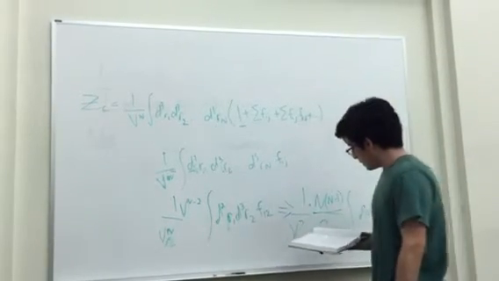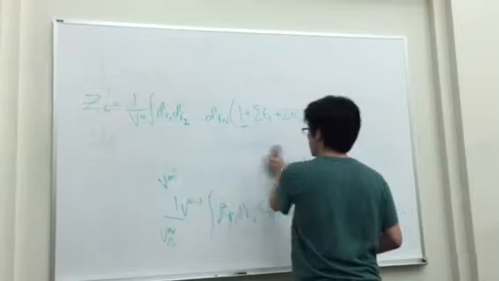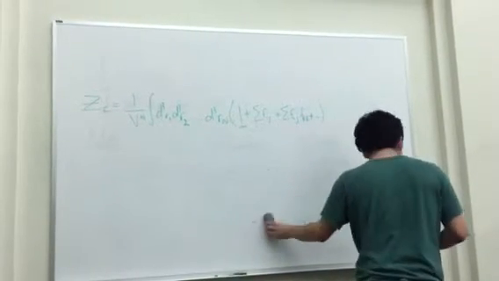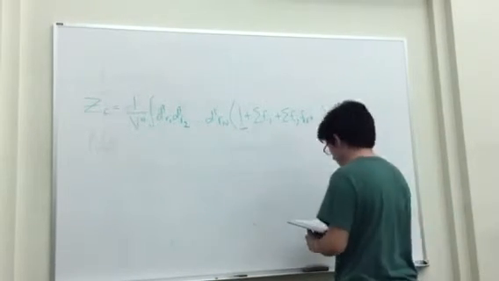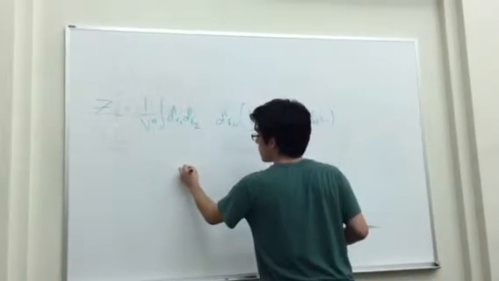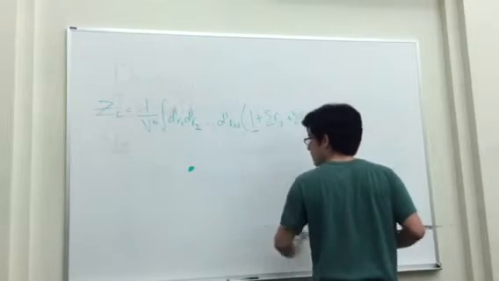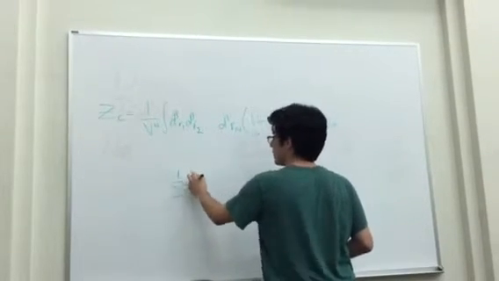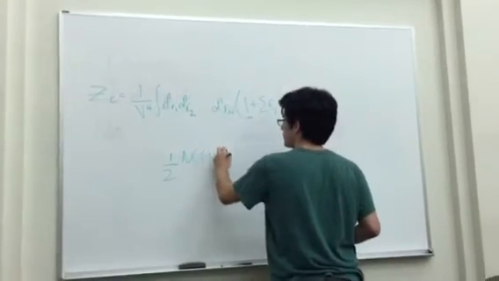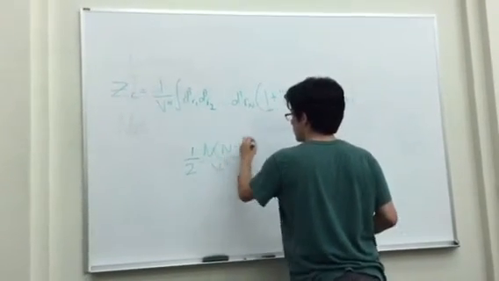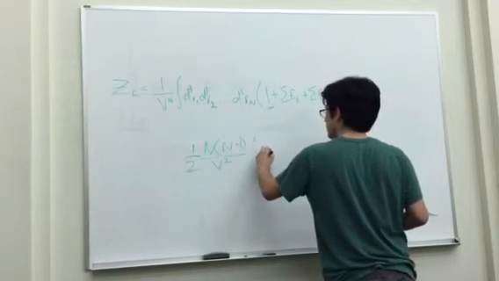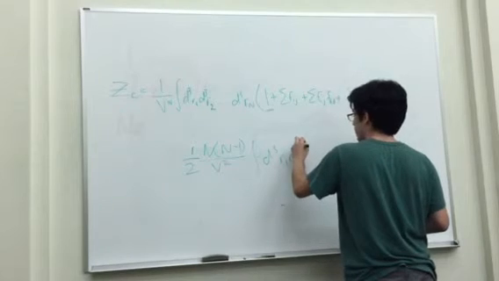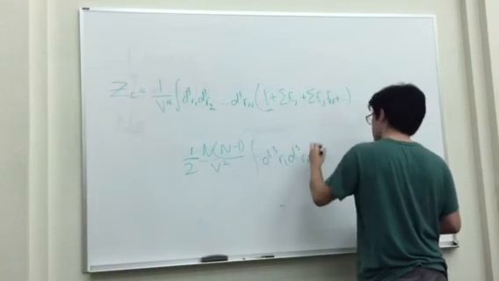Awesome. So now what we want to do is introduce a little bit of notation here. Probably shouldn't have erased that integral there because we're going to need it again. But let's not do that yet. We're going to take our integral, 1/2 n times n minus 1 over v squared, integral d3r1 d3r2 times f